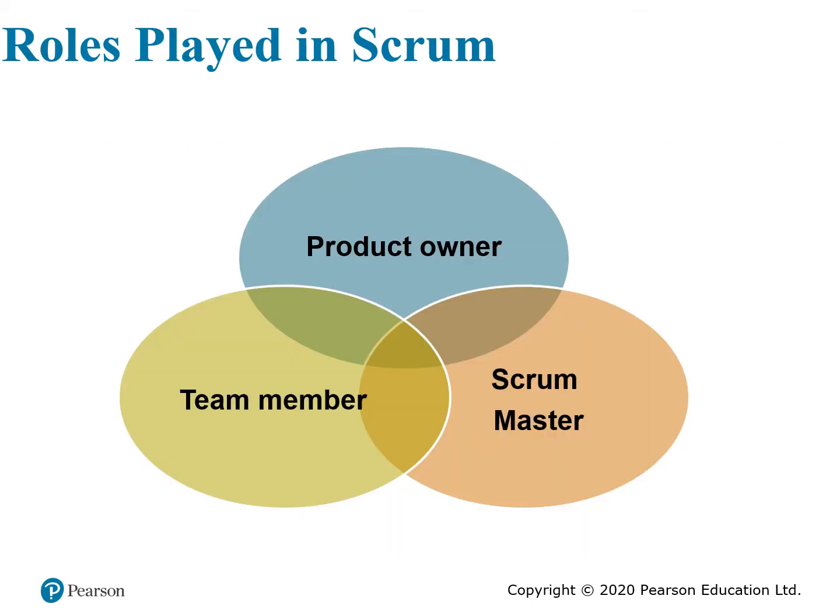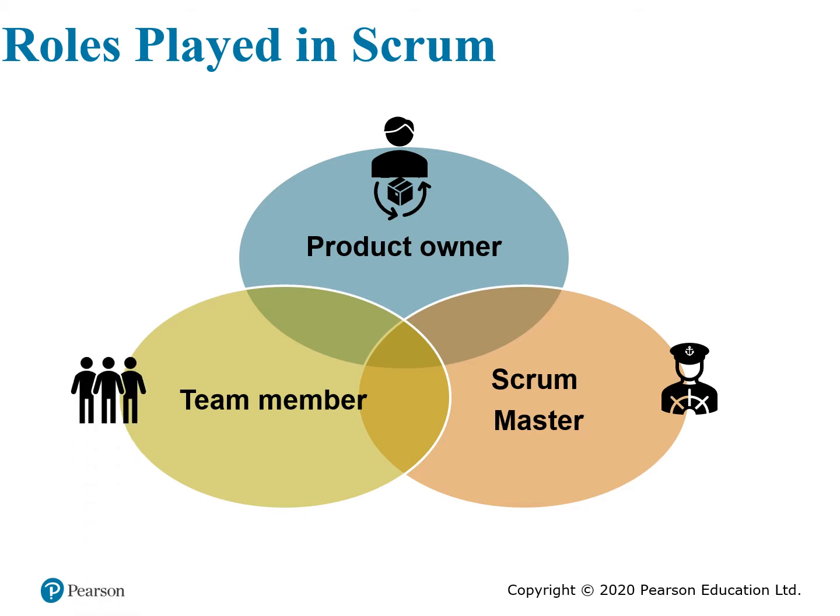There are three main roles in Scrum. First is the product owner. The product owner is the person who represents the stakeholders, the users, or those who will benefit from and interact with the new product or software. Then we have the Scrum Master, who ensures the maintenance of the Scrum or Agile modeling values, and also ensures that the objectives are achieved in a timely manner, and with a quality process and product.